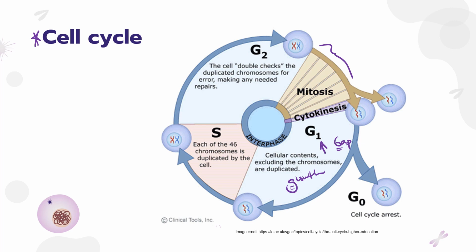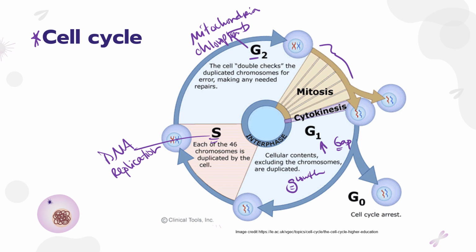We have G1, that first gap, G2, that second gap. Here is where we are going to replicate our mitochondria. If we're plants, we're also going to replicate our chloroplasts. During the S phase, we are going to synthesize some DNA. This is our stage of DNA replication, which is incredibly important because if we didn't copy the DNA before we